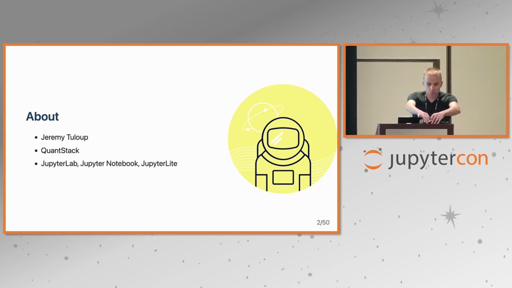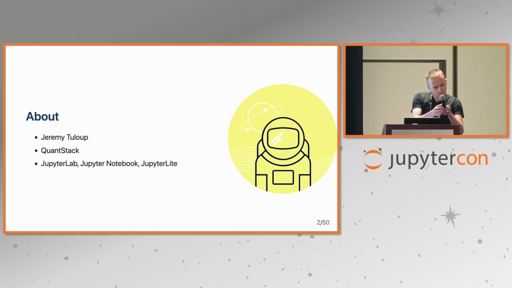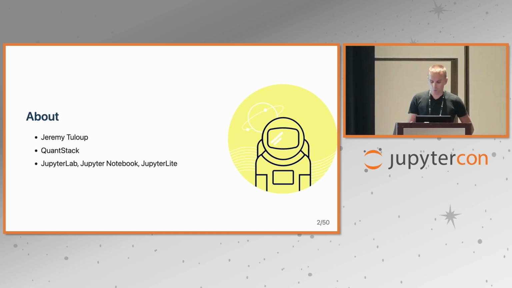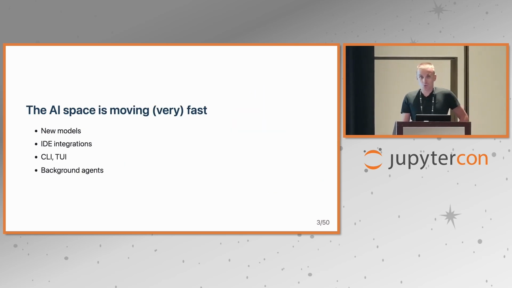I've been looking into AI integration in Jupyter, and more precisely in JupyterLite. So as you all know, the AI space is moving fast, or should I say very fast. It's like every day there's a new model. There are many different IDE integrations. Now we have like the TUIs, the CLIs, like Claude Code, Codex, and so on. We now even have background agents running on people's cloud,